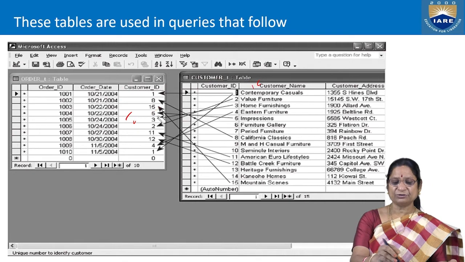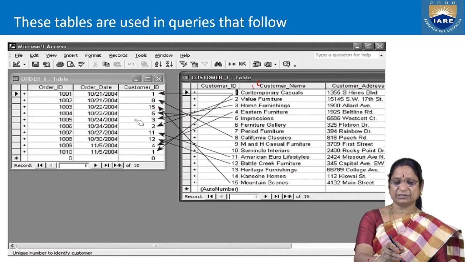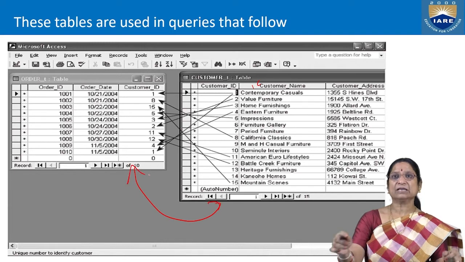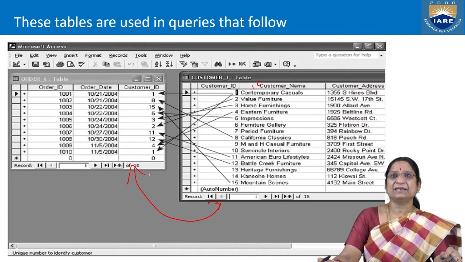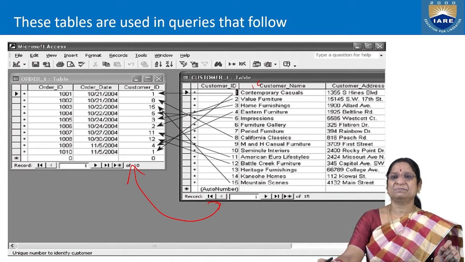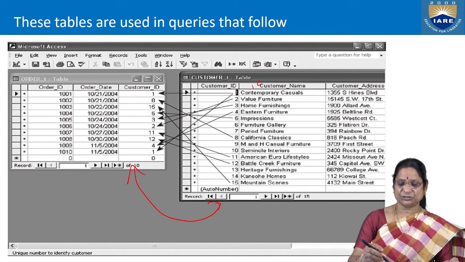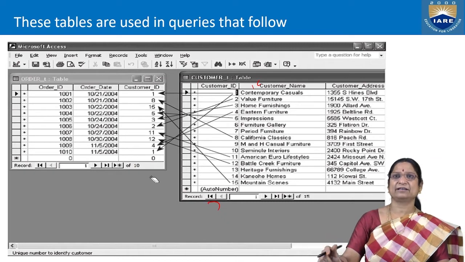Now, whenever we would like to join, better join your tables on this common attribute, that is customer ID, which is a primary key, foreign key, that is, a parent-child relationship was established. At the time of designing our database, at the time of creation of the table also, foreign key constraint and primary constraints must be defined so that the relationship is established directly.